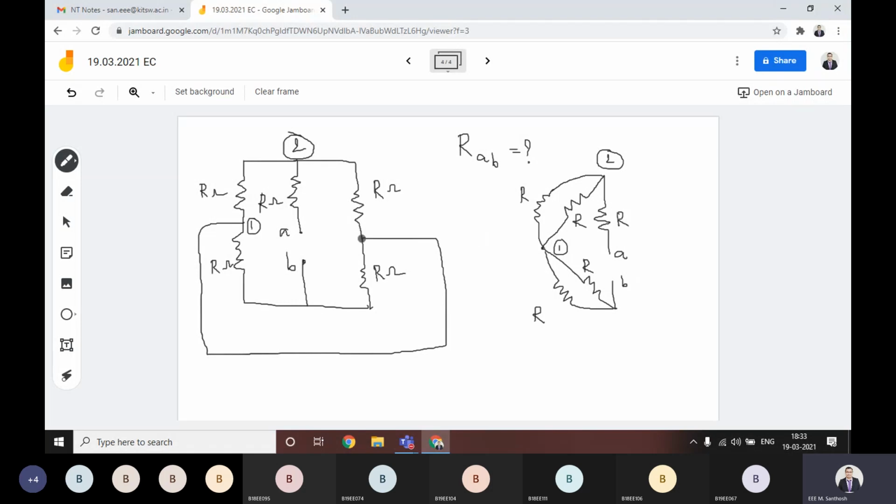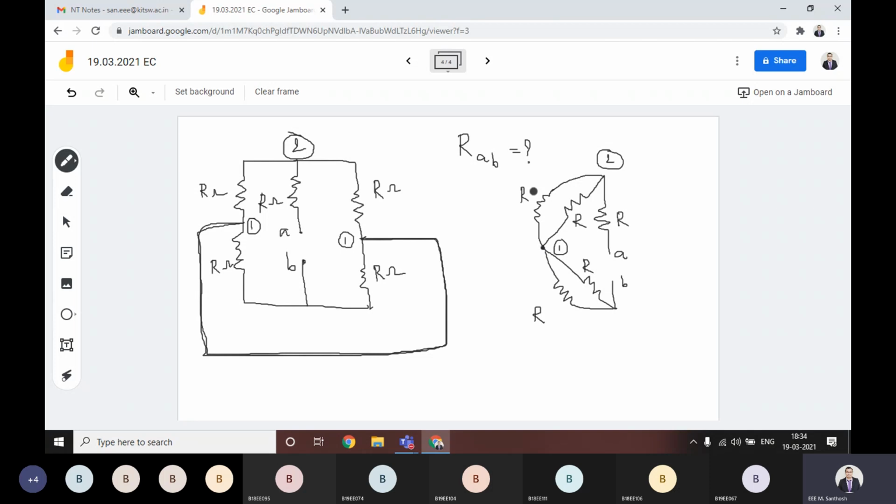Okay, this point. Why is this point this point? This is also 1, why? Short circuited, assuming it is right. There is no element connected in between this point and this point. For that reason, this point is the same as this one. Then you have a resistor here, and another resistor here. This is 1 only. From 2 to 1, one resistor is connected. B to 1, another resistor is connected.